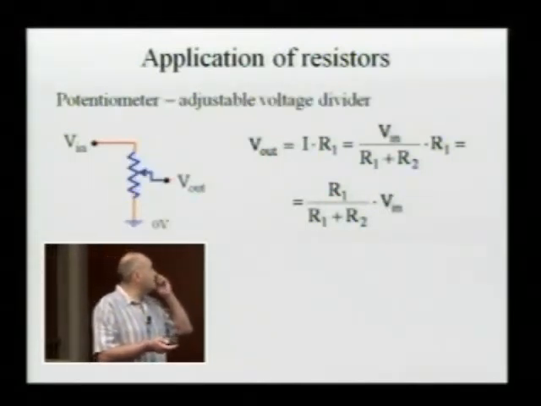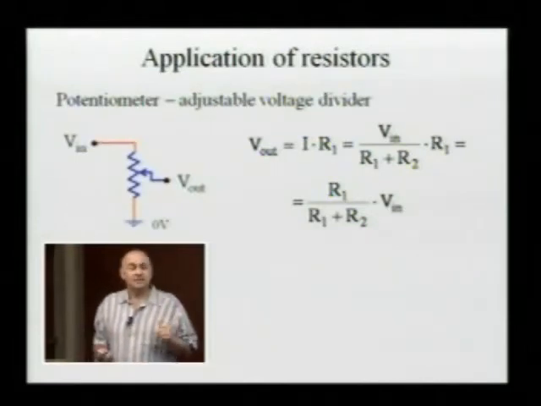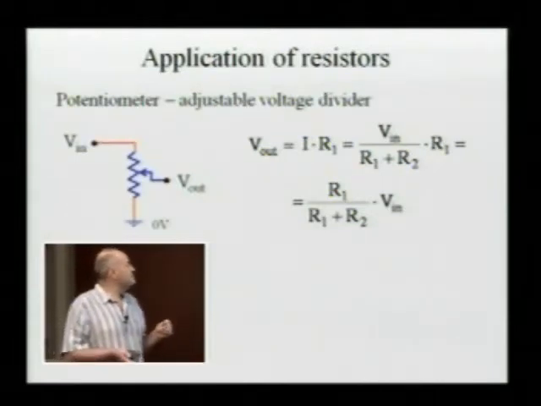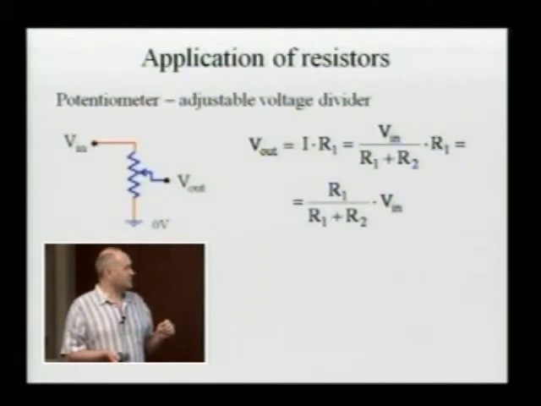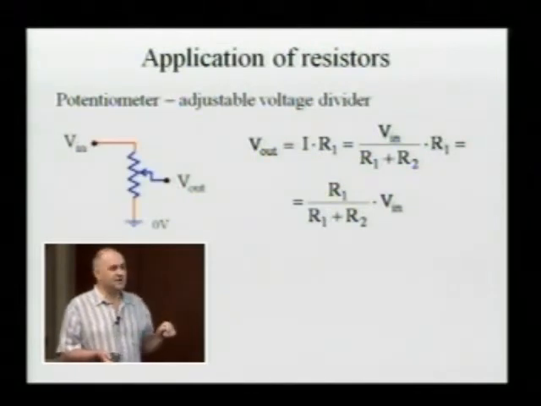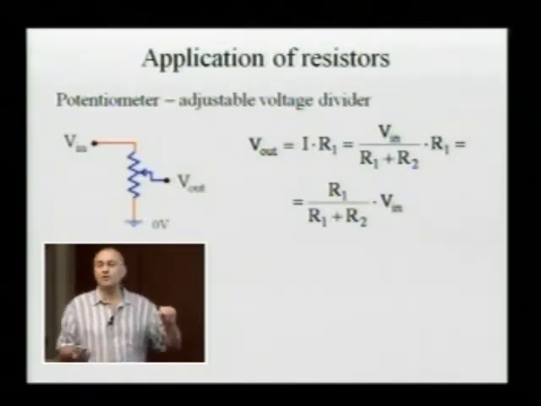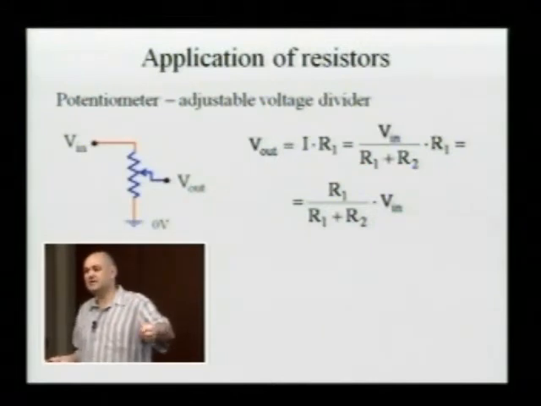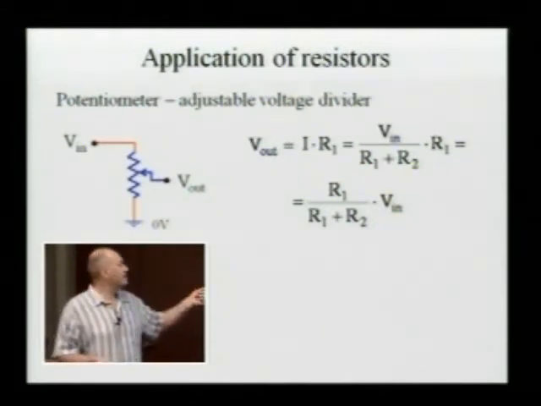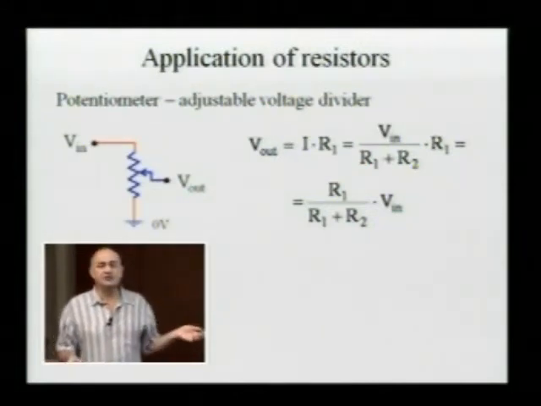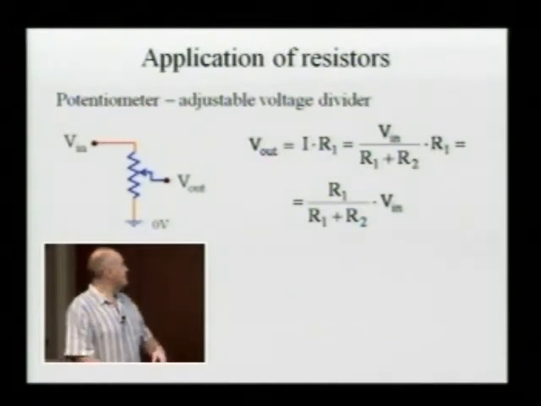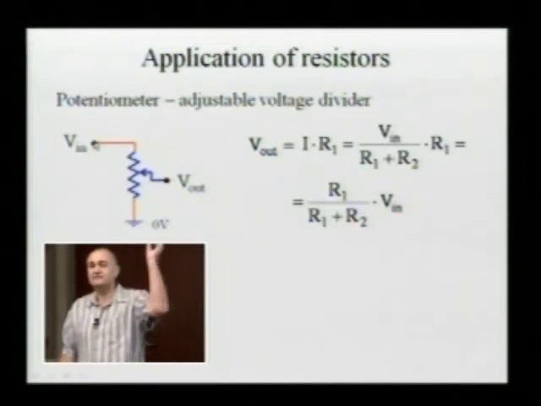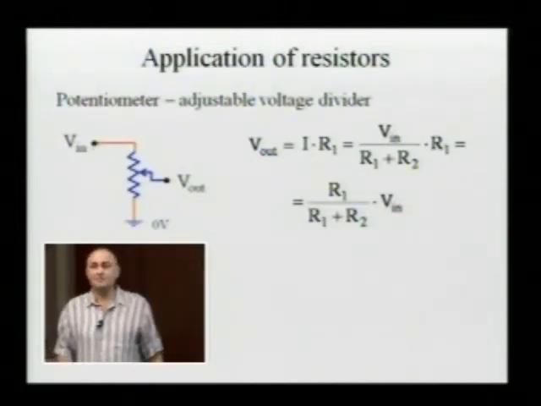Now, sometimes we even use this voltage divider to adjust the potential at a particular point. So if we want to control volume, for example, this way we can affect what fraction of the signal is taken. So here the input is the signal coming, let's say, from a certain amplifier,